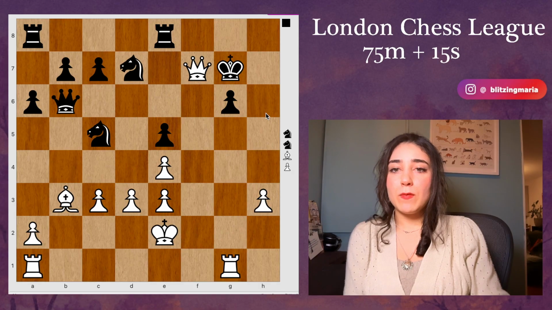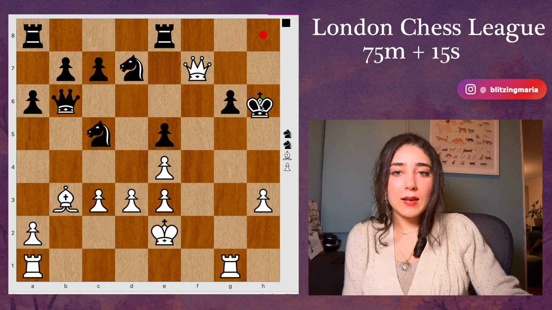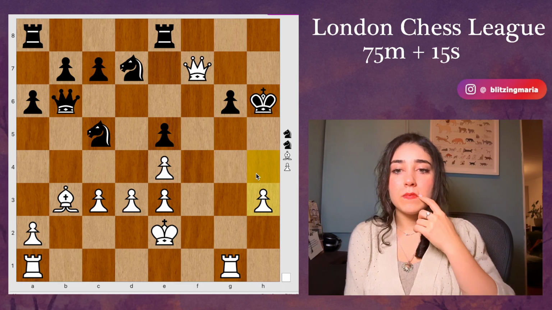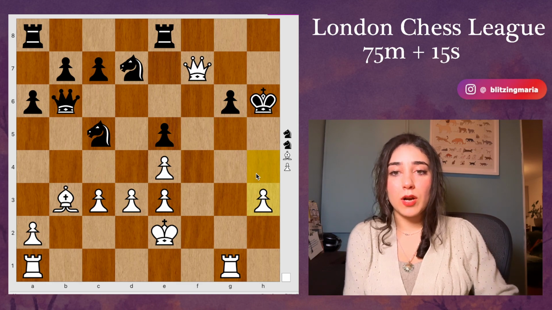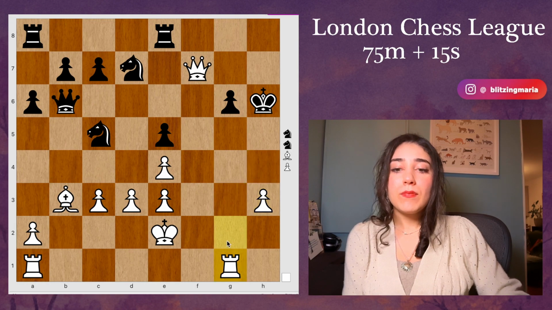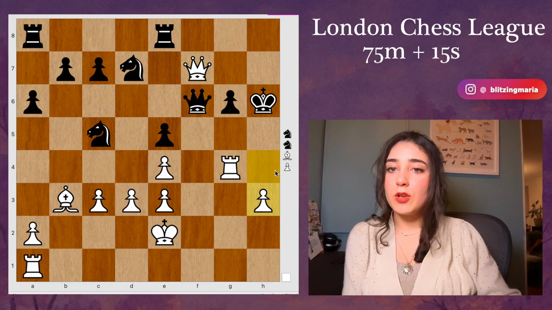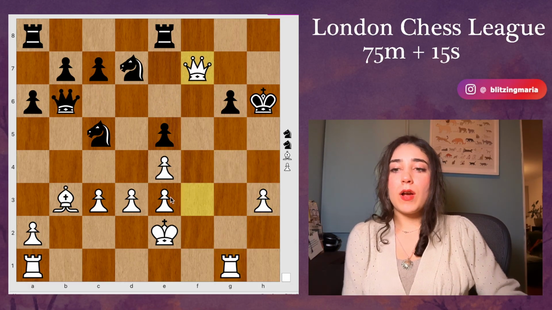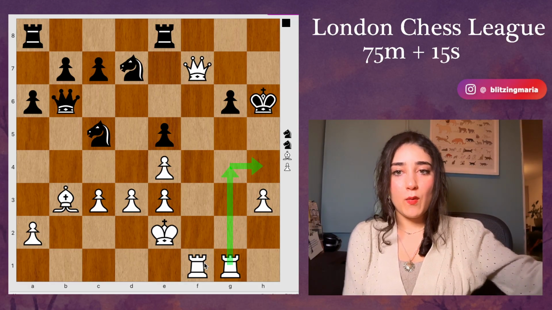It looks like such a tempting move. But funnily enough, here I just missed that the king can go to h6. And it looks kind of silly, but the king is not that vulnerable on h6, of course, for very concrete reasons. So if you try to go rook g4, saying, I'll checkmate you next move, now black has queen f6, and it's not just guarding the square, but it's offering you a trade. And if you're thinking, okay, no problem, let me first bring this other rook so that then I can do the maneuver that I want,